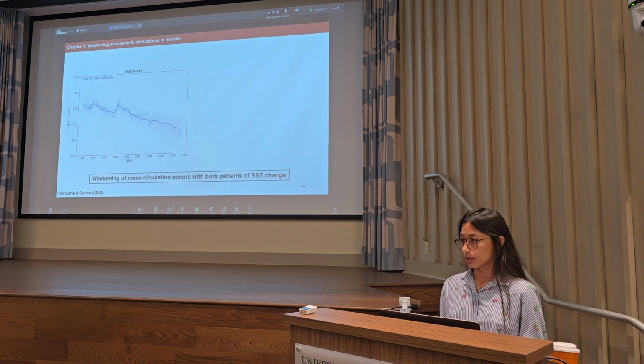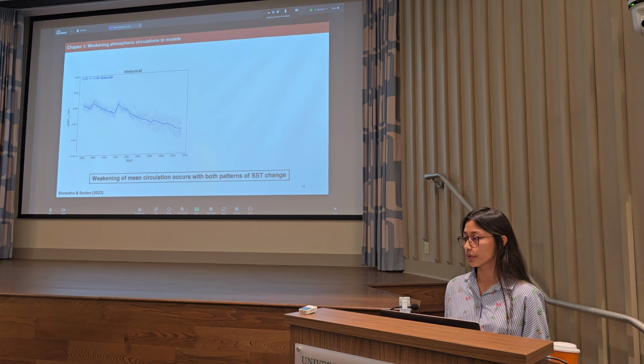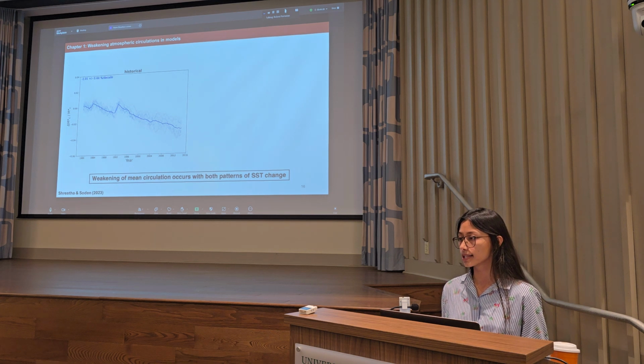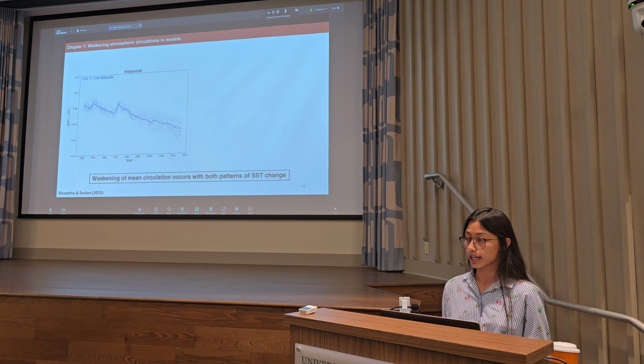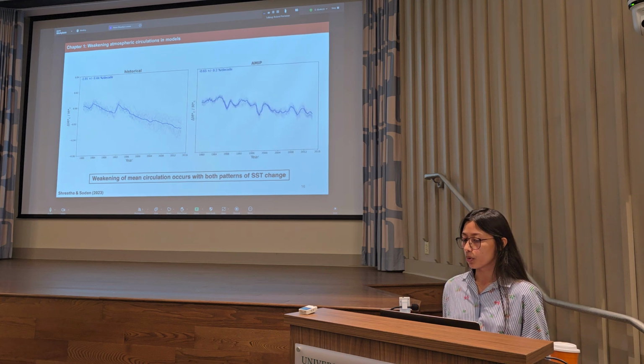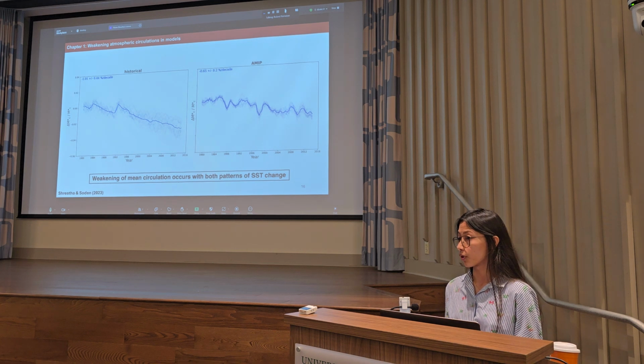For the coupled historical one, consistent with the hydrological constraint, all these models show a robust weakening of large atmospheric circulations, with individual models in this plot represented by the thin blue lines, and the multi-model ensemble represented by the bold blue line, with an ensemble mean weakening of around 1% per decade. Surprisingly, even the AMIP models, which we remember have an increase in the Pacific SST gradient, show a weakening, although slightly smaller in magnitude, over the same 1979 to 2014 period.